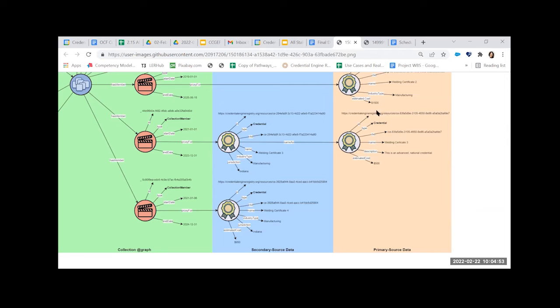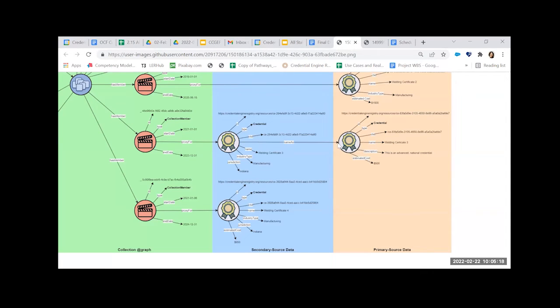So for instance, the state wanted to assert that not only does this credential have the things that it says about itself over in the primary source record, but we also want to indicate that it has an industry type of manufacturing, has a jurisdiction of Indiana, has whatever other properties of the credential they want to make additional assertions about. And then because there is a primary source record in the registry to point to, the publisher of the secondary source record can reference that via the same as connection.